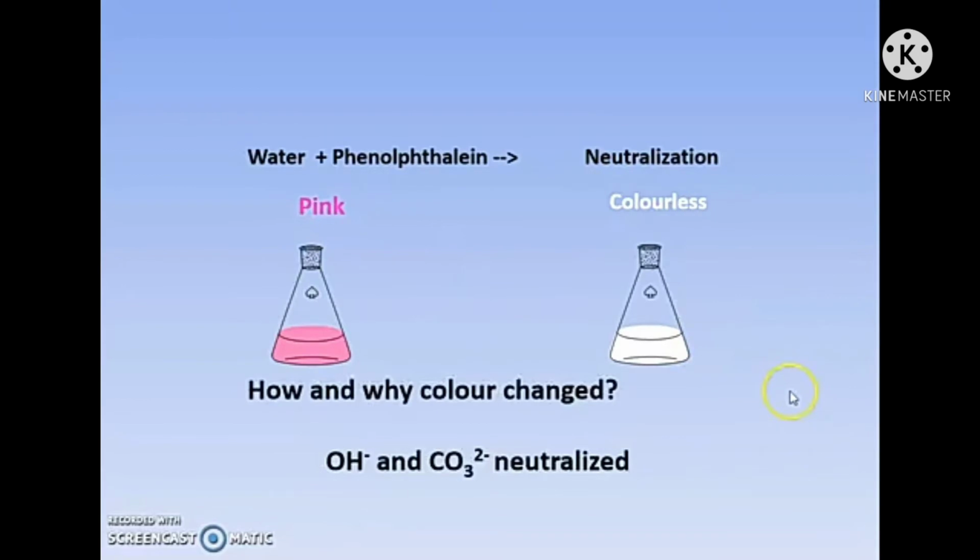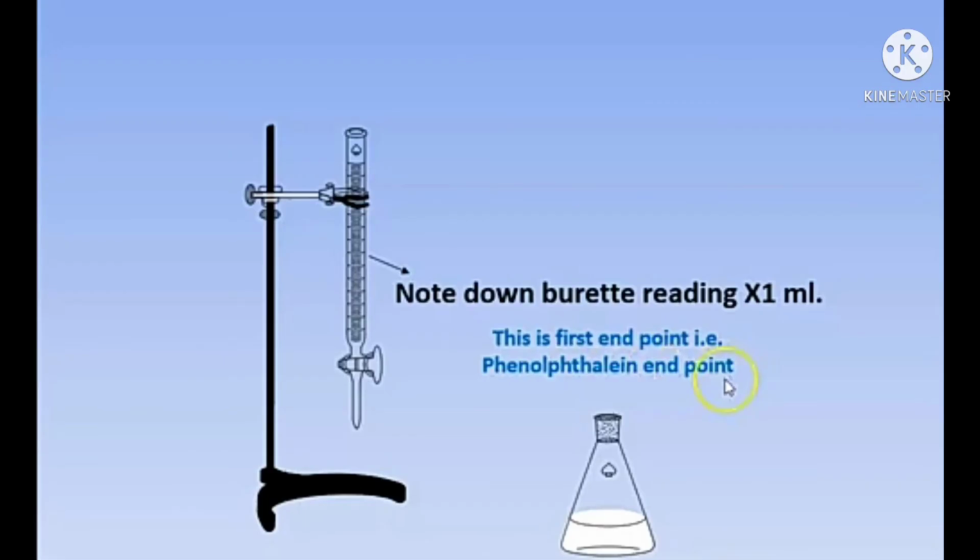So what reactions actually take place here? Phenolphthalein indicator and water, when they mix together, their neutralization takes place and here the pink color becomes colorless. So how does that pink color disappear? Because hydroxide and carbonate ions are neutralized by H plus ions, meaning hydroxide ions are converted into water and carbonate ion is converted into bicarbonate. So whatever that reading is there, you have to note it down as first endpoint of titration,